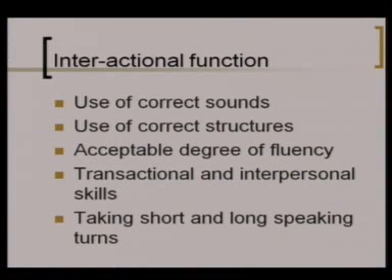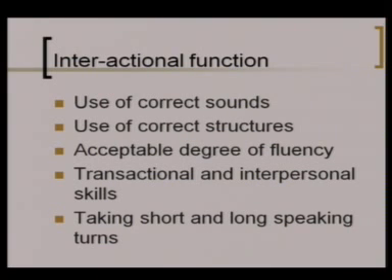Okay, now let's look at the next slide, and we find out the interactional function. We have talked about interaction, and that it is to maintain social relationships. Day to day, you need it going to the shop, asking for things, asking for directions, talking with your friend over the telephone, whatever. Let's look at some of the interactional functions of language. What do we need in order to interact effectively in the language?